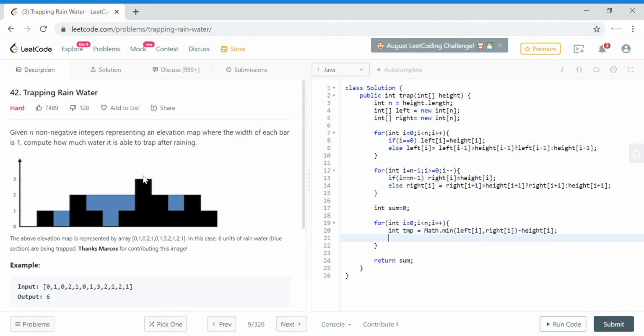Now if we consider all these cases where we have a building which is bigger than its local maxima, basically there is no local maxima for this. In those cases, if we do this subtraction, temp will come as a negative value. So when we are calculating sum, if temp is greater than 0, in that case we will consider temp, otherwise we will consider 0. Basically these cannot store water. So only if this temp height is greater than 0 will we consider that height.